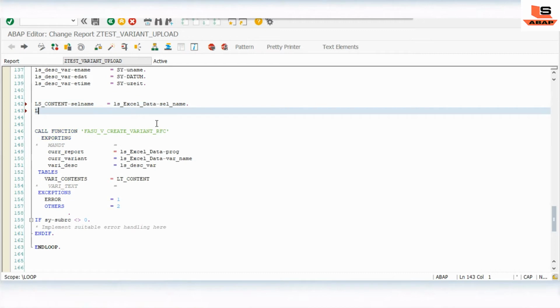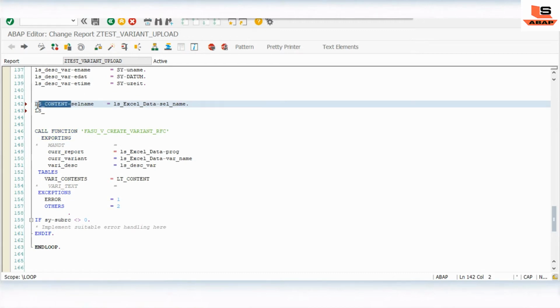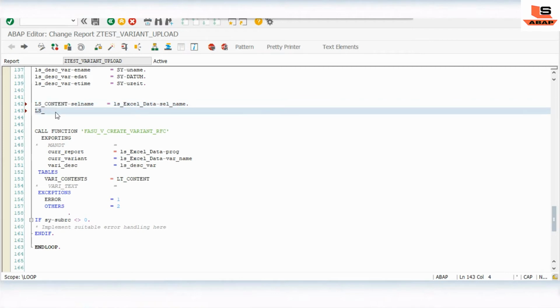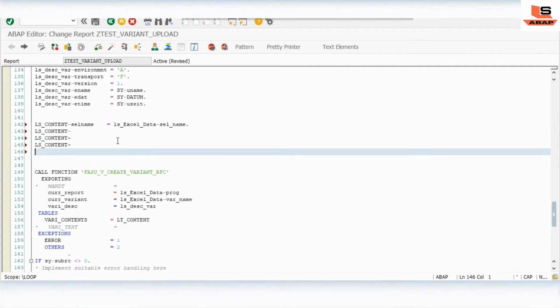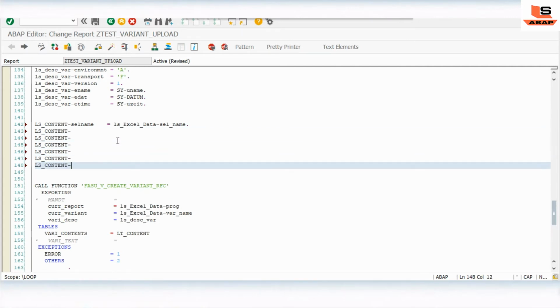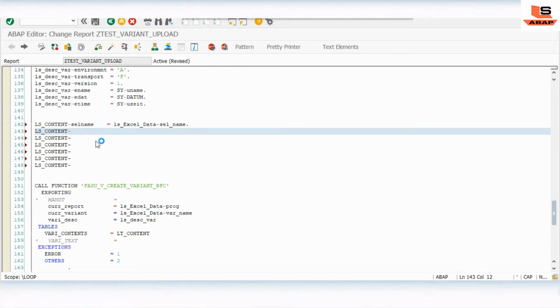Selection name, ls_data. Okay, ls_content-kind, then we have a kind, again here also from ls_data.